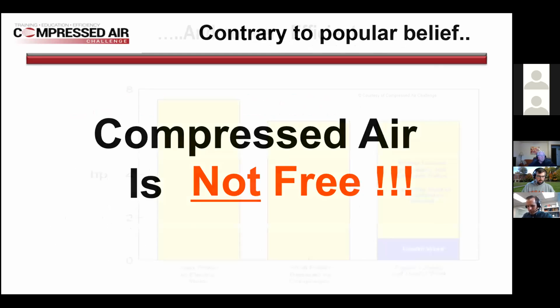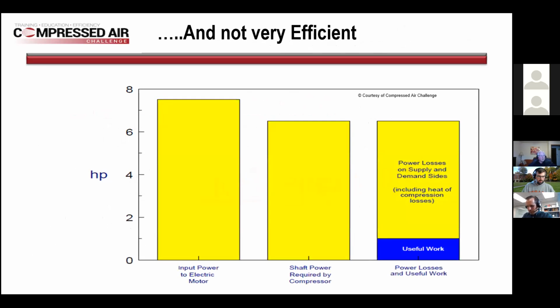They think it's free, but it's not very efficient either. This just shows an indication of, for every horsepower of useful work you have to put between 7 and 8 horsepower into that. This shows 7.5 on the left side, and you can see in the blue that useful work. You've got the input power losses, but then you have all of the losses in the system, including heat of compression, which is a huge loss in the system, because compressed air compressors aren't very good at compressing air, but they make great heaters, and you've got to get rid of that